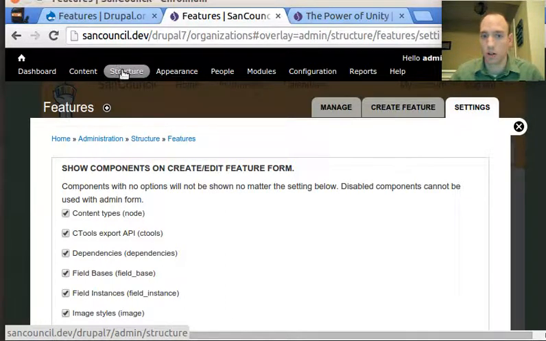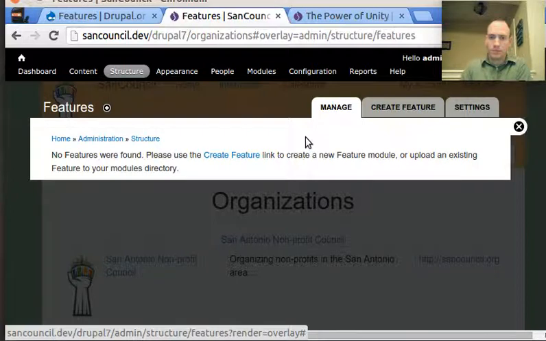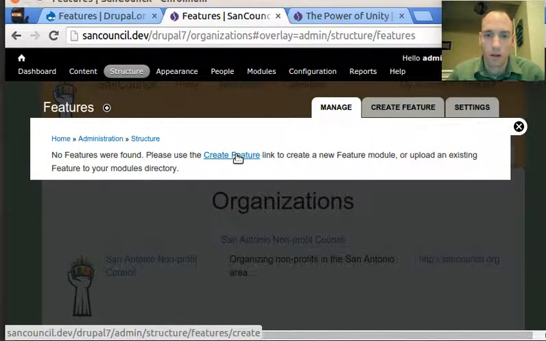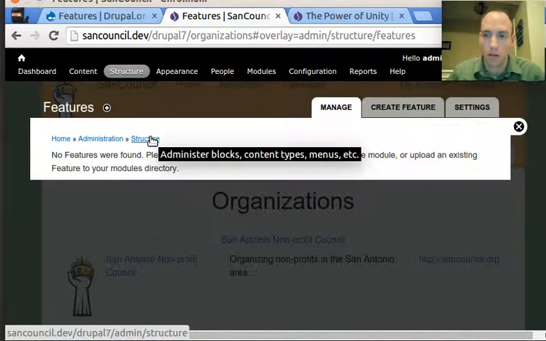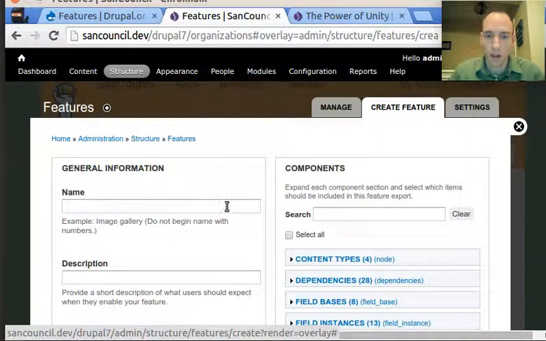So again, it's under structure, and then under the features module under structure. I go there. Okay, so we'll manage it, and we should be able to add a new feature here. Okay, please use the feature link. Okay. Oh, sorry, I should be clicking here to create the new feature. So this is where you'll create the new feature, and we will call it